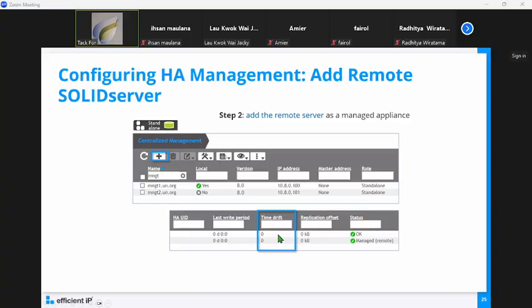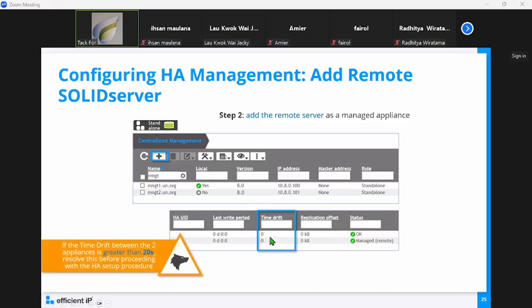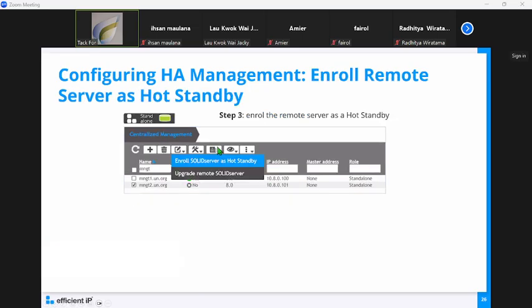An important thing to note before you make them HA: they should not have a time drift, 0, 0, which means no time difference. Yeah, 20 seconds is an allowance. So your time difference cannot be more than 20 seconds. Once the second management server is added to management 1 for centralized management,